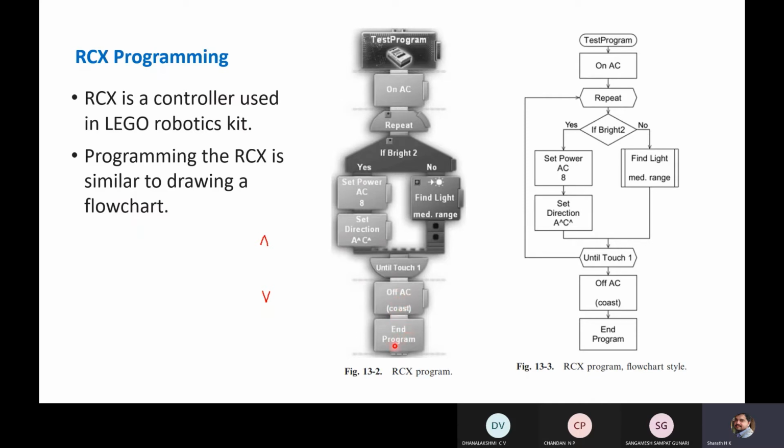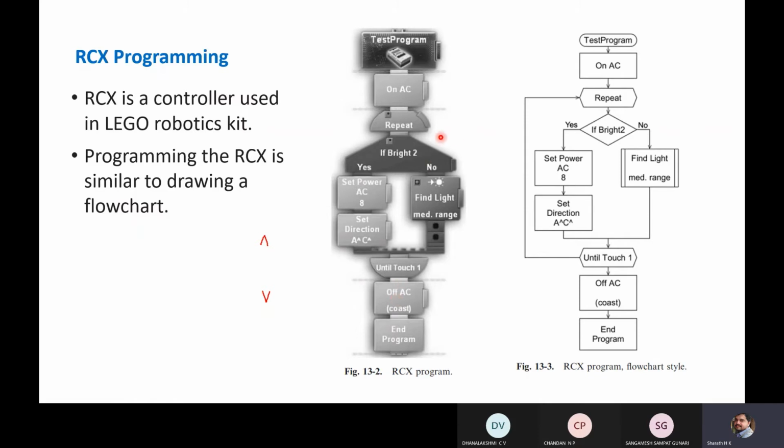Next, end program. So this is a program written to drive a motor until it encounters an obstacle. If an obstacle is in front of the robot, the program will end. Then you take the robot manually to the desired location and start once again.